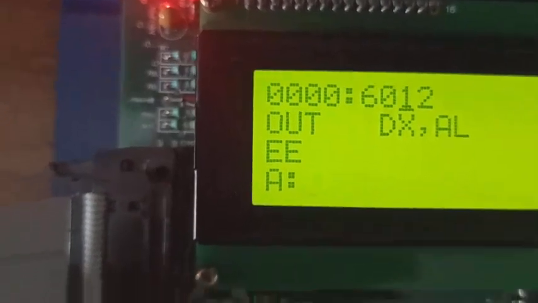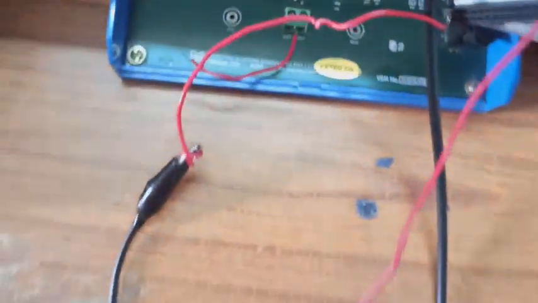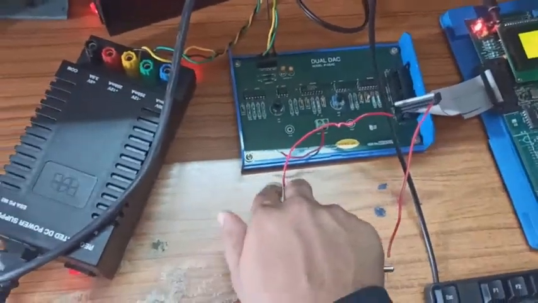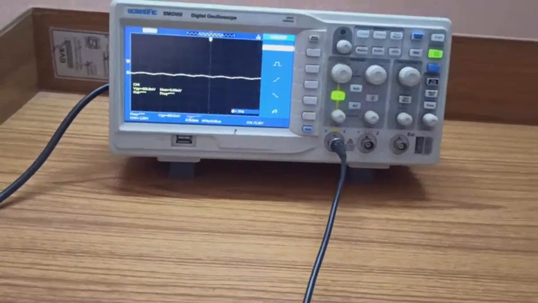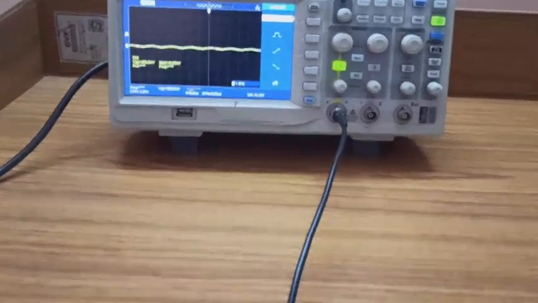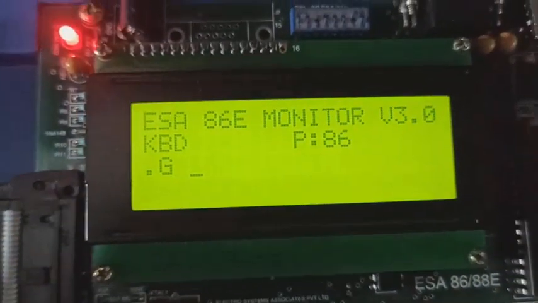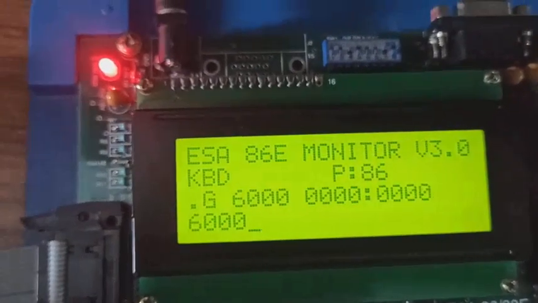Now I have connected the CRO probe to the PC4 pin and the negative probe to the ground pin in the FRC cable. Now you can see there is no output waveform available on the CRO. Let's execute this program using the G command: G space 6000, enter.